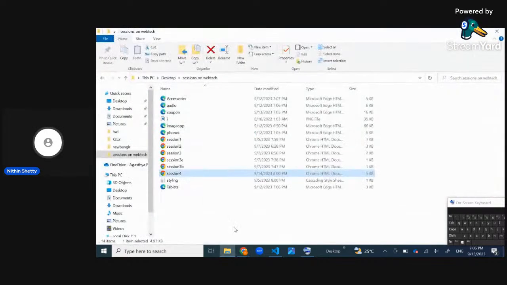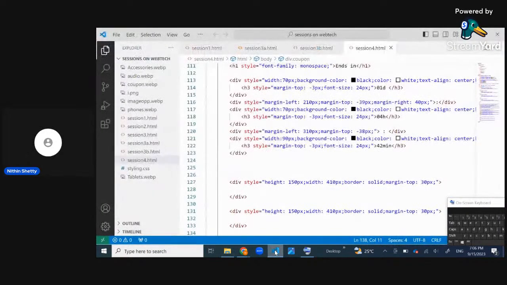Come back to the Visual Studio and open a new file. I will name it as,